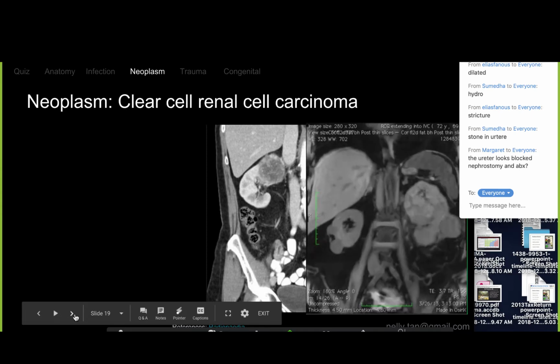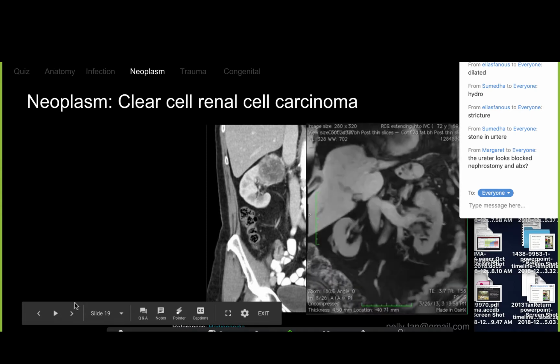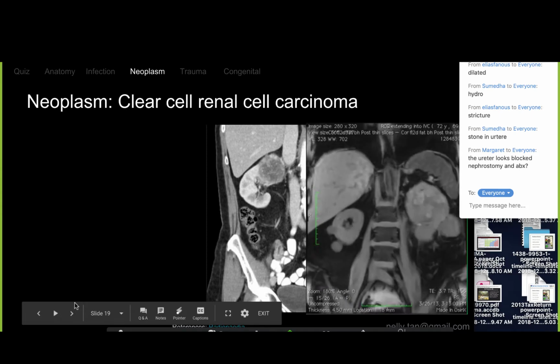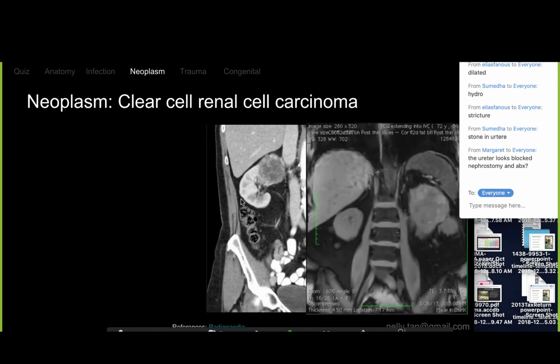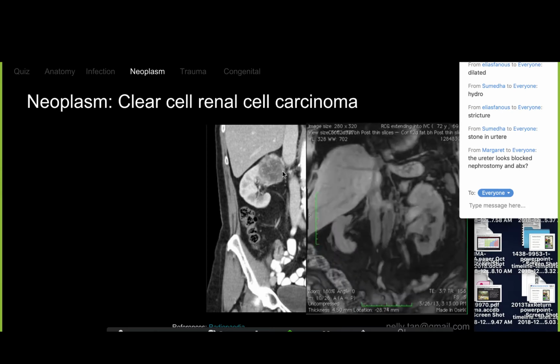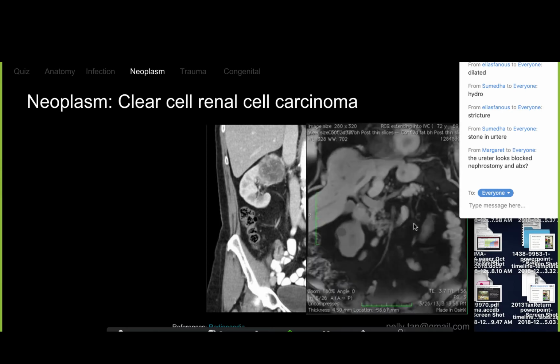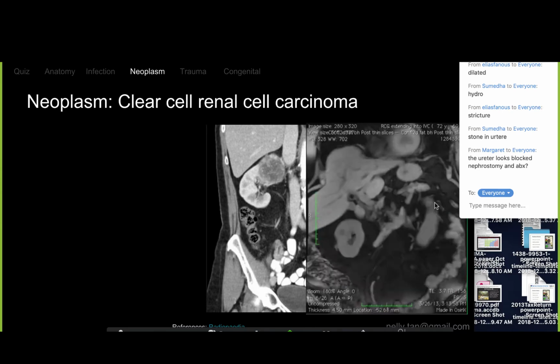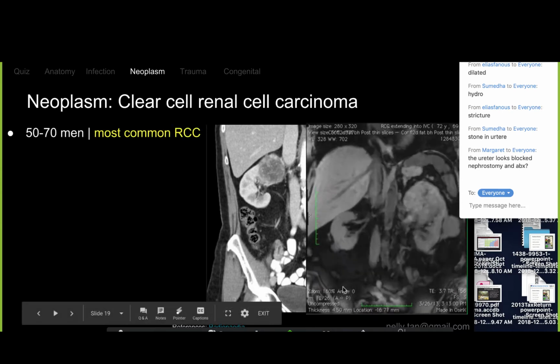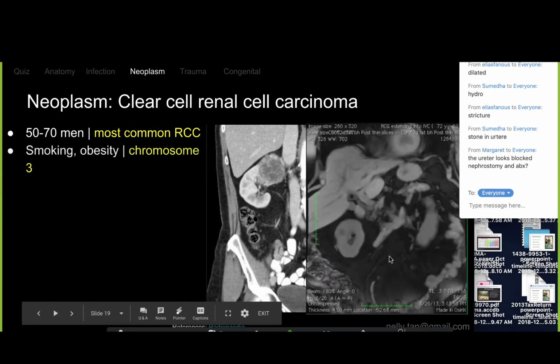In adults, however, the most common type of renal cancer is clear cell carcinoma. Here is a CT where we see this mass in the upper pole, and then an MRI where we see this mass in the upper pole of the left kidney. So what else do you see? Well, this is a GIF, so I can't pause it, but